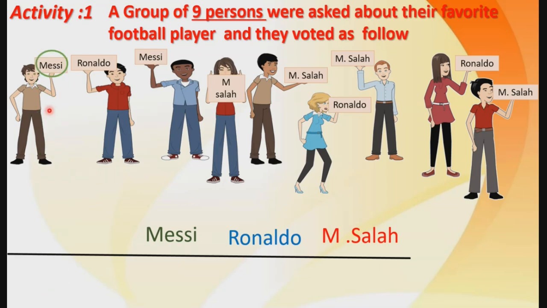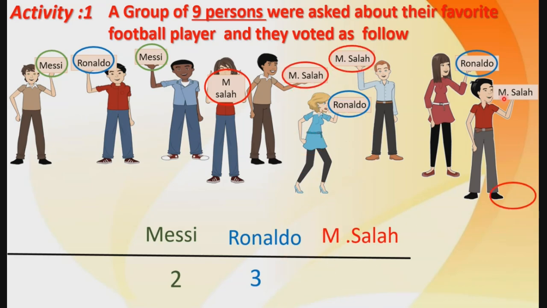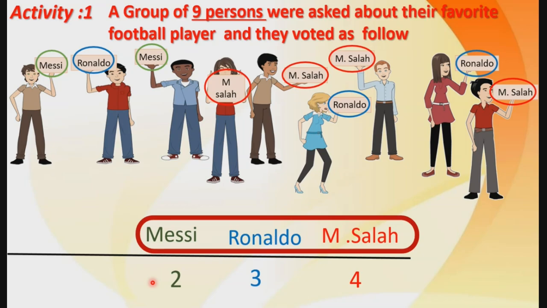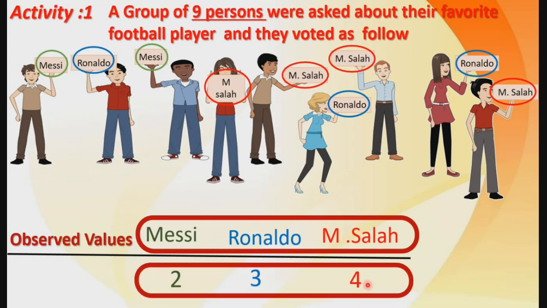Messi is repeated 2 times. Ronaldo is repeated 3 times. And Muhammad Salah is repeated 4 times. Good. Now let me tell you that Messi, Ronaldo, and Muhammad Salah are called the observed values assumed by the character, and the numbers 2, 3, and 4 are called the frequency, which is the number of times each observed